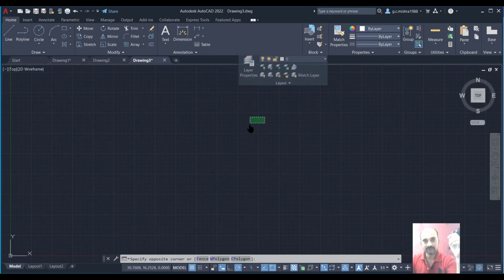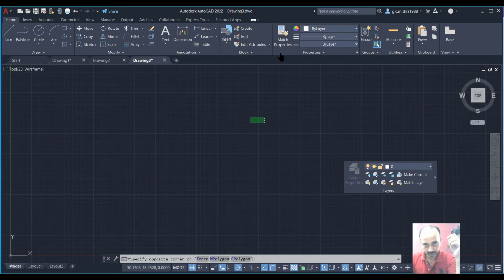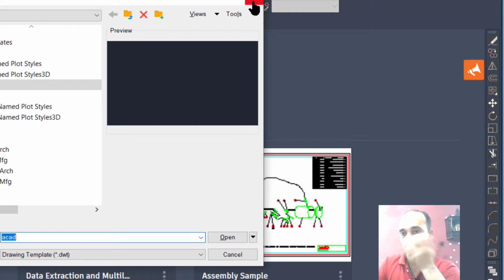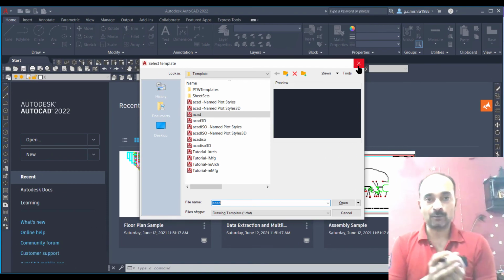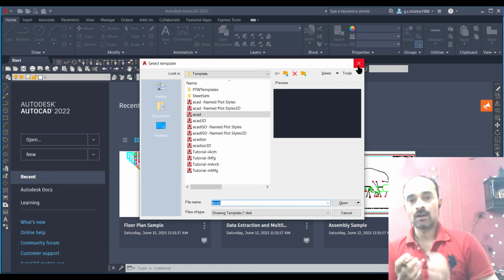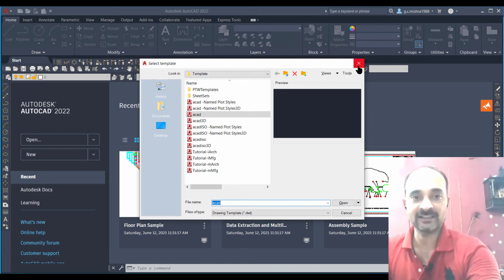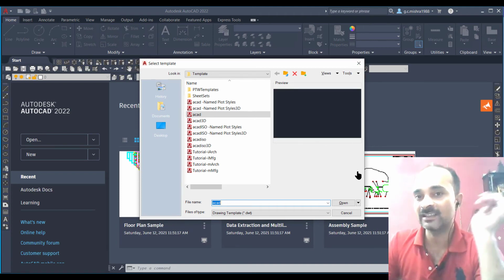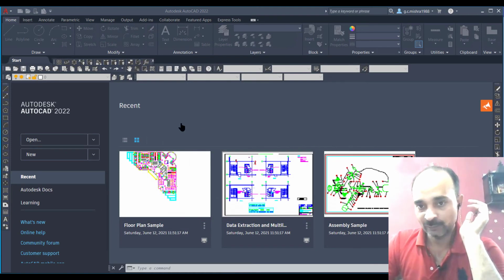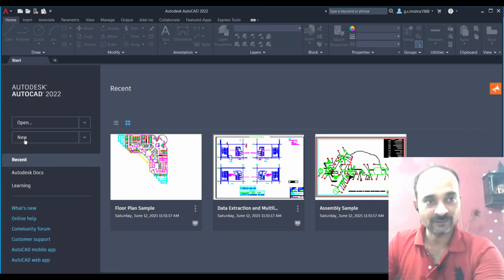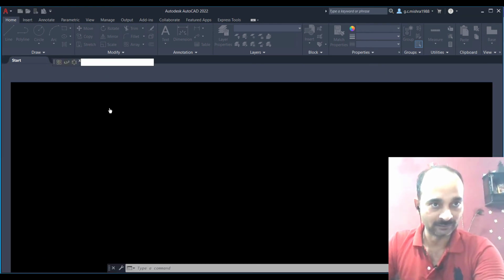Once more I will be showing you. I have dragged these tool palettes here, this tool palette here, and I have changed the views also. I have restarted my AutoCAD. You will face this type of problem which I am going to face now. Sometimes your AutoCAD interface crashes, and when you restart your AutoCAD, then you will see several types of changes in your interface.